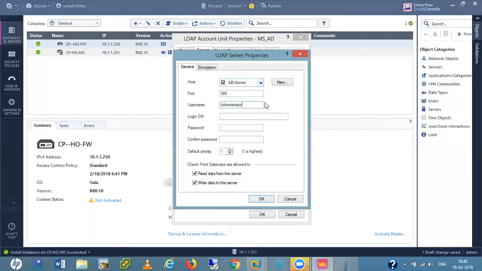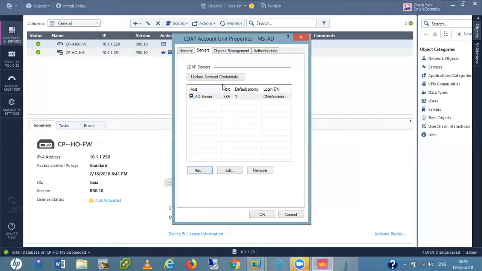Administrator. Control A, Control C. CN equals users, DC equals heyman, comma DC equals net. And everything is fine. Cisco at 1 2 3 4 5.